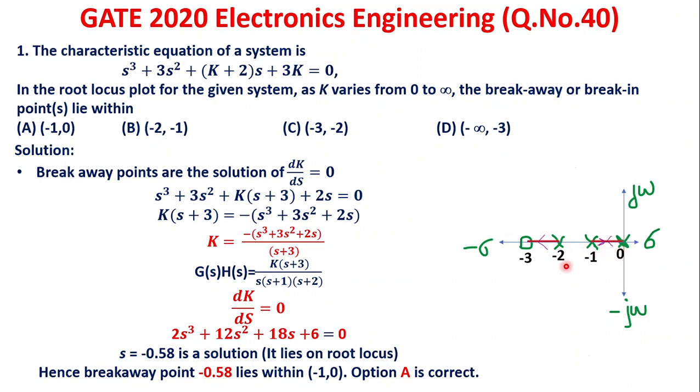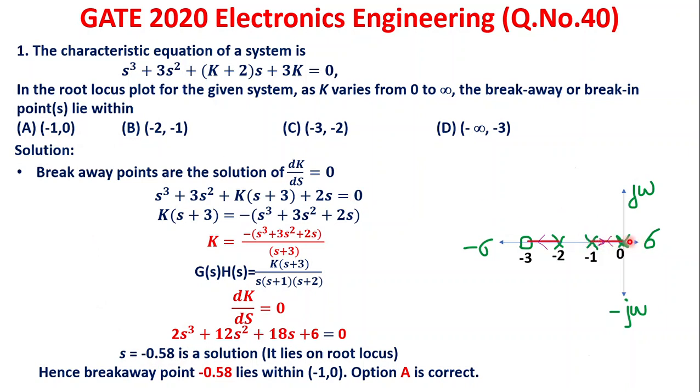It's very clear now. But anyway, for the facilitation of learners, I have done this. Even you can straight away conclude that the breakaway point is within -1 to 0, because they have not asked for the correct value of the breakaway point. Within this range only they have asked. Then we can straight away conclude, no. Definitely